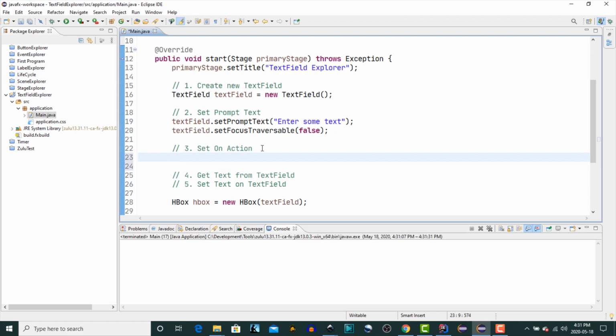So we'll use the shortcut method or the convenience method setOnAction to set an event handler so that when the user initiates the action on that field, and in a text field the action is initiated when the user hits the enter key. So once the user hits the enter key, the event handler that we're going to create will be executed. So we'll again use the object that we just created,